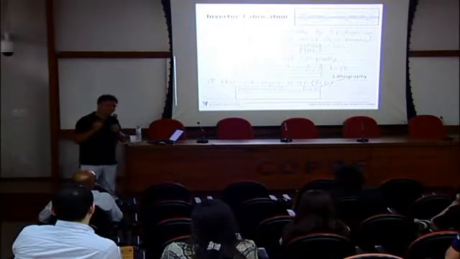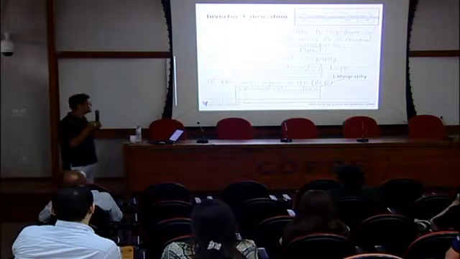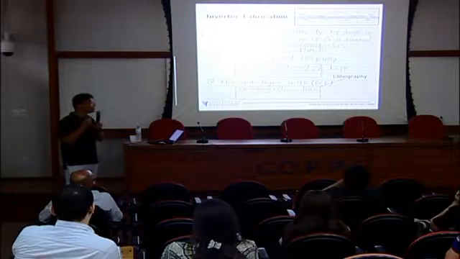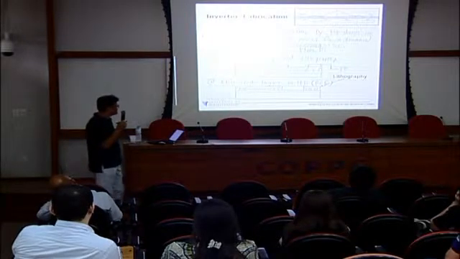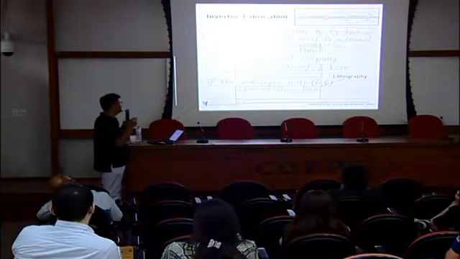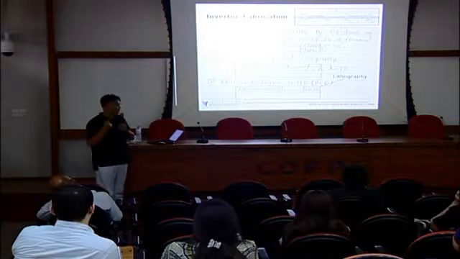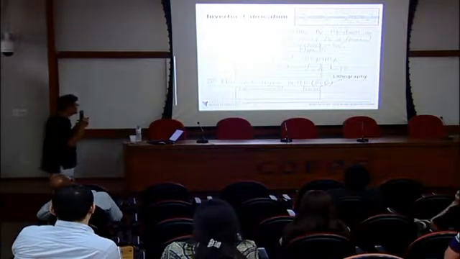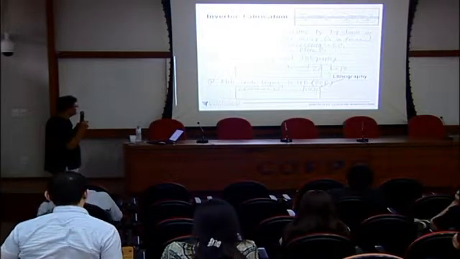The problem is most of the errors in the manufacturing of these semiconductors happen at the lithography step. Okay? For example, with 90% yield for lithography, when we fabricate 100 semiconductor chips, we can get only 90 out of 100. So we use one lithography step here, and then we will etch out the oxide